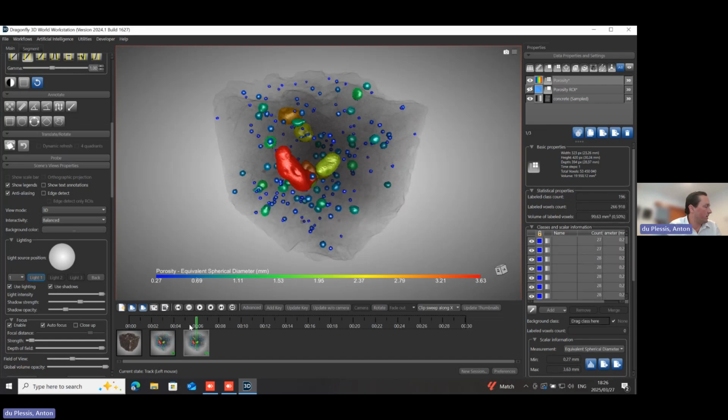What we see here is that we have a 6-second video. Maybe we'd like to make it a slower rotation so that you can more easily see how the sample looks. I'm dragging it out to be 12 seconds. So from 3 to 12 seconds is the rotation of the sample.